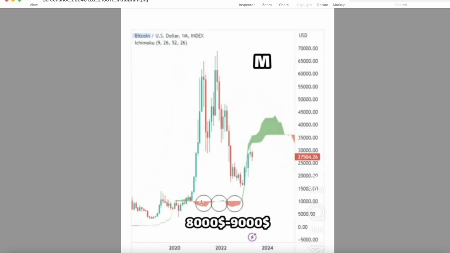As you guys see, around $8,000 to $9,000 we had three clouds, a green one, a red one, and another red one. Let's make them all one cloud, because they are on the same level, same area, around $8,000 to $9,000. And you guys see that I have been warning you that this area is my target before the next bull run. Although Bitcoin has been going sideways around the 40 to 50k area, my warning